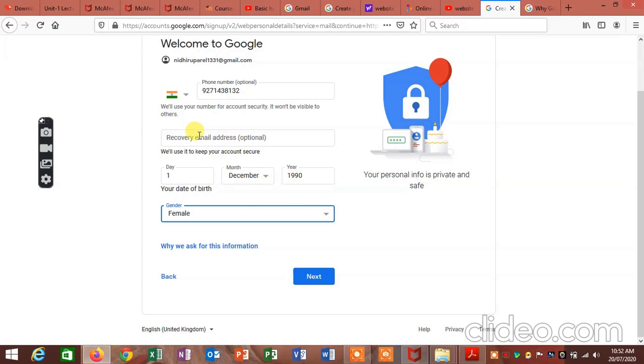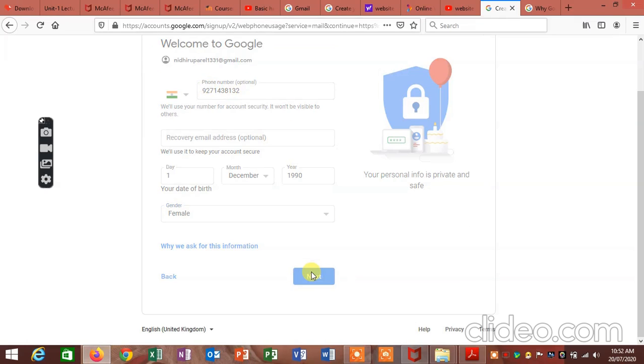If you want, you can provide a recovery email address, but that is optional. आप उसे देना चाहते हैं तो दे सकते हैं ताकि रिकवरी के लिए आपको आसान हो जाए, बट अभी के लिए तो फ़ोन नंबर है इसलिए कोई दिक्कत नहीं होगी. एंड क्लिक ऑन नेक्स्ट.